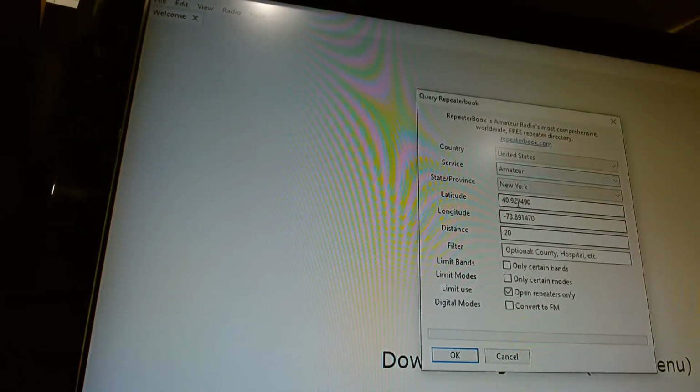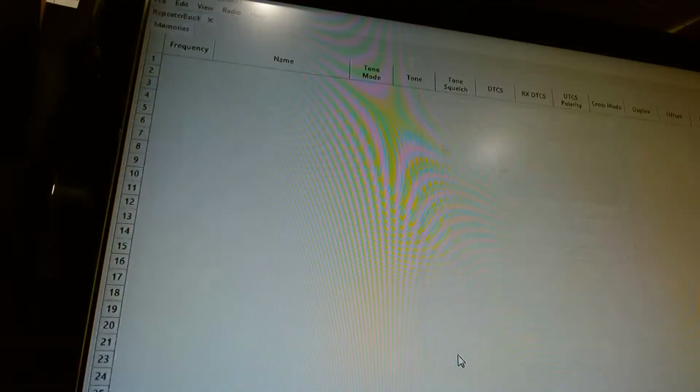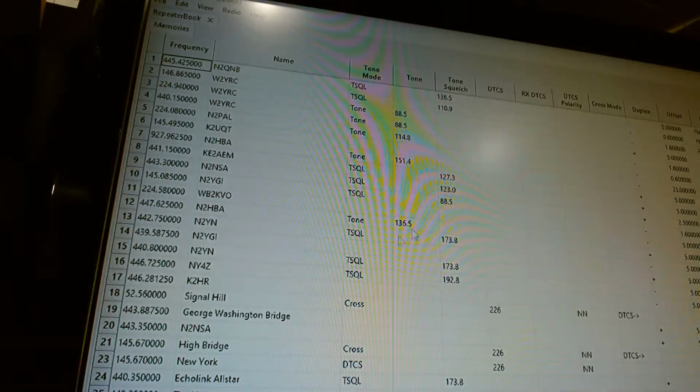So you see, I already have everything set up. I have my longitude, latitude, everything is set up. So if I just go to okay, it found all of this. These are all my repeaters that have FM. Of course I put everything, but I could narrow the search because some of them are DMR. I was trying to use it with my DMR radio.